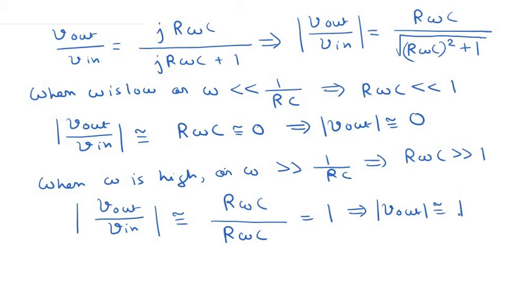Okay, so we noted that this high frequency filter is basically the opposite of the low frequency filter. When the frequency is really low, the filter basically outputs nothing at the output probe. The output voltage is approximately 0. On the other hand, when the frequency is really high, this circuit basically outputs or deposits the entire input voltage to the output probe. Okay, so this basically acts as a high pass filter.